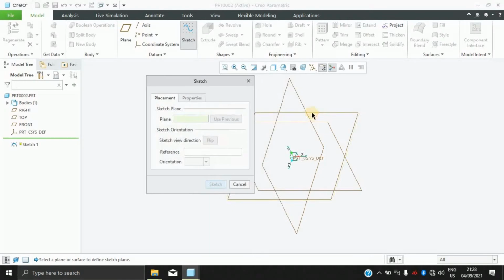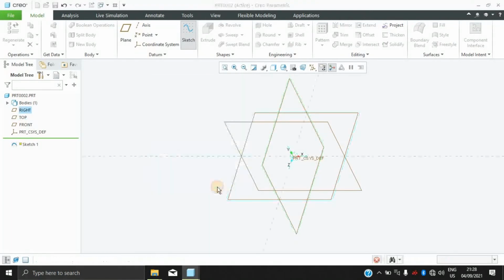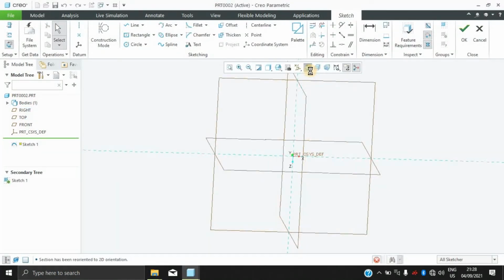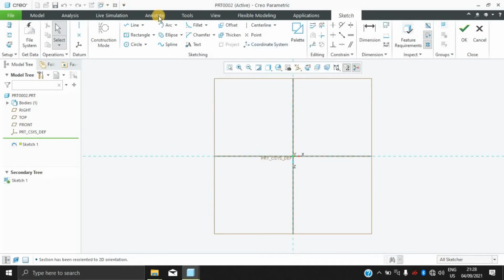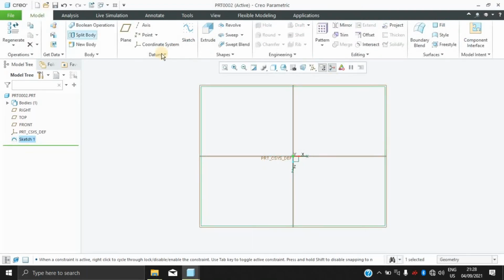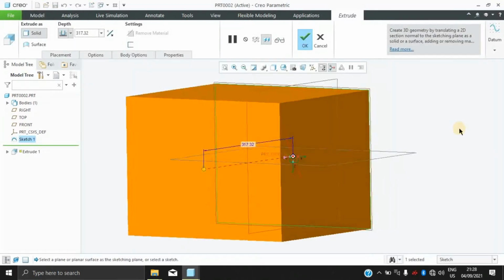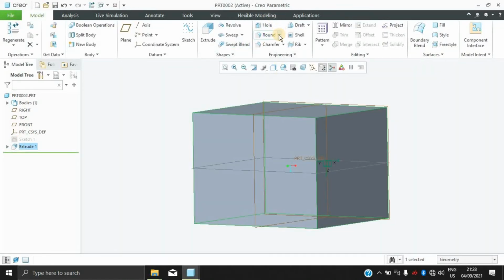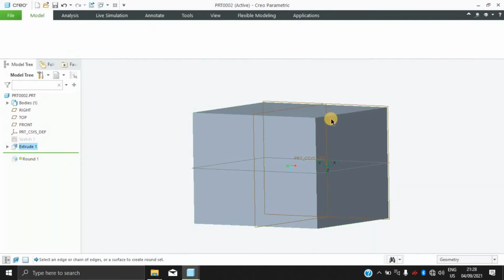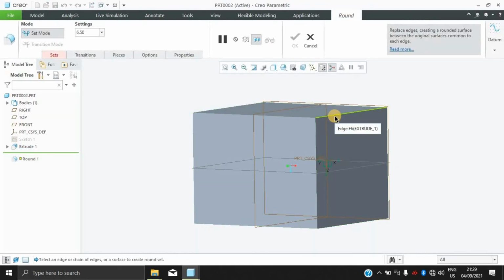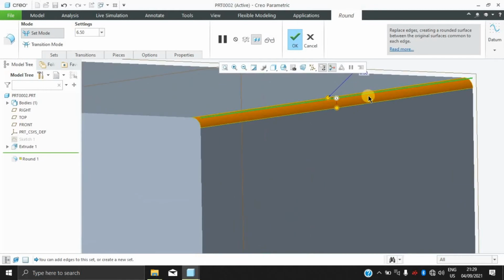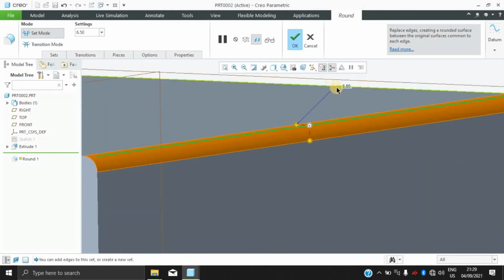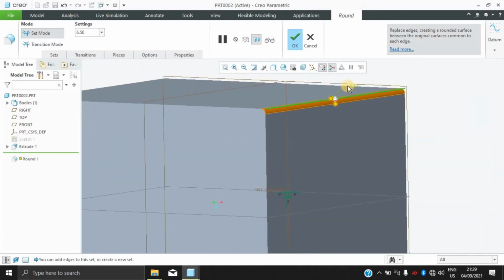Click on sketch. Click on the first plane. Click on sketch to make it normal. Now I'll draw a rectangle over here. I'll click on OK, I'll then click on extrude. I'll give whatever dimensions. Now first of all we'll study what is round. If I click on round over here, if I click on this edge over here, you can see the edge